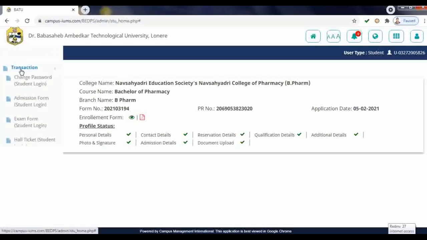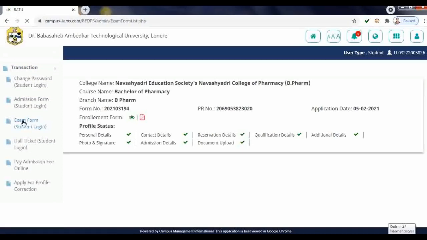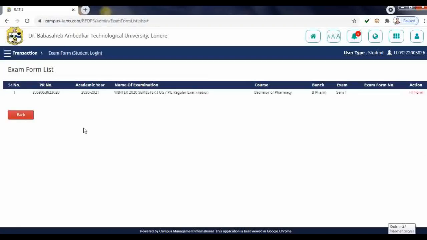Click on transaction. So here the exam form for the student login is present. Here you can fill your examination form. So click on this exam form. Here in the action, the fill form link is given. Just click on this fill form.